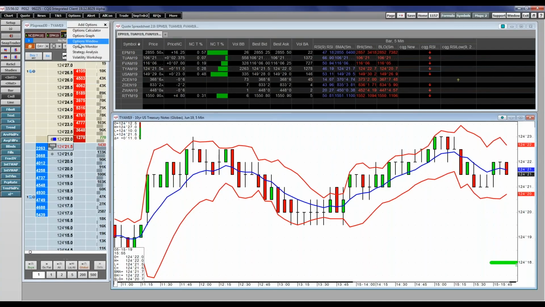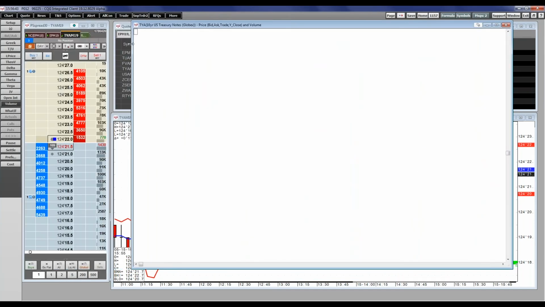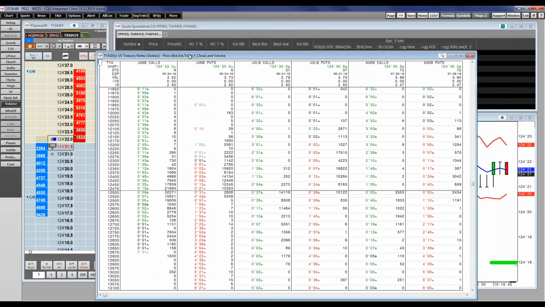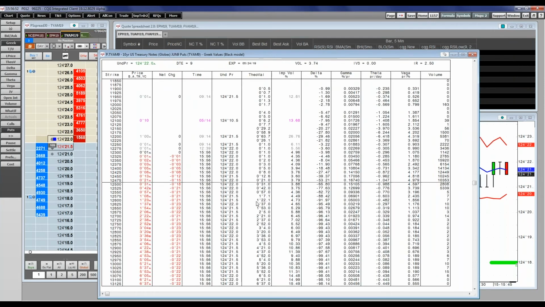Okay. Yes, thank you. So while we're looking at the options, here's one of the options windows in QTrader and integrated client. You can see all your calls and puts. You can see the Greeks if you wanted to pull in all the Greek values, or if you wanted to look at all the deltas or all the gammas, you can easily switch those over here on the left-hand side